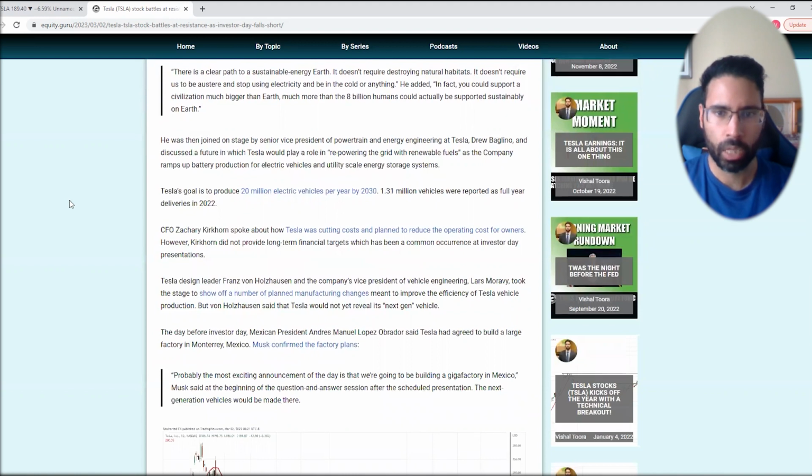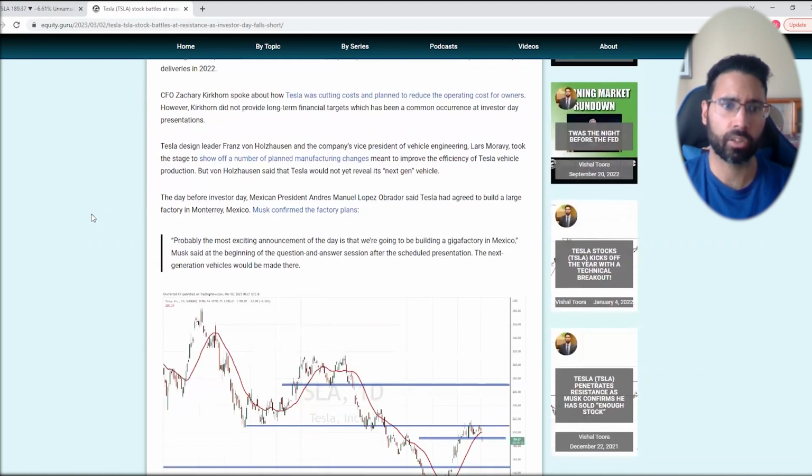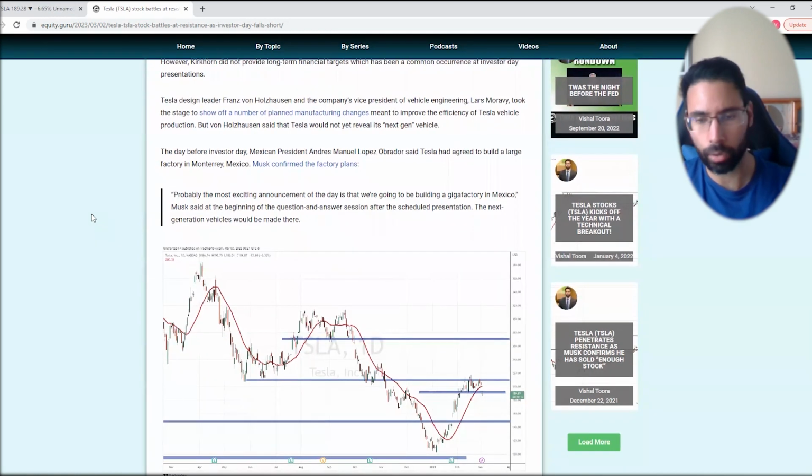gigafactories to do so. You had the CFO talk about cutting costs and reducing operating costs for owners. However, they didn't provide any long-term financial targets, which is usually a common occurrence at Tesla's investor day. You had Tesla's design leader and vice president of vehicle engineering talk about planned manufacturing changes meant to improve the efficiency of Tesla vehicle production, but they didn't reveal the next gen vehicle. And as I said, the Mexico